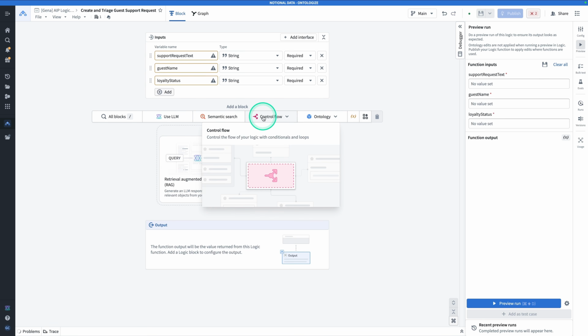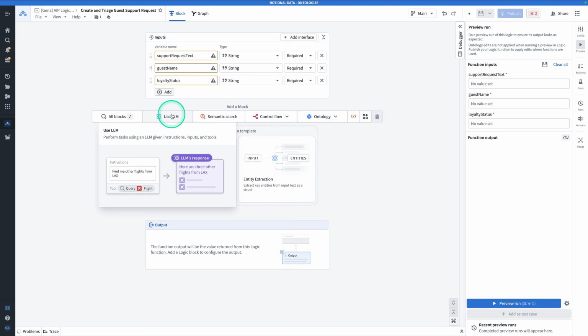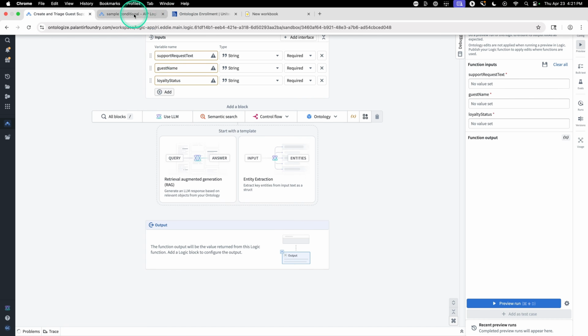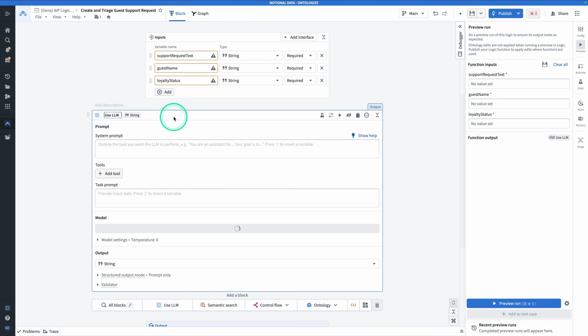Before we get to the conditionals, let's start by using an LLM to categorize the support request, decide a category, and decide a severity. So here, we're going to click on Use LLM. And remember, using an LLM is not at all a prerequisite to using conditionals. It just adds richness to the problem here. So we're going to call this block